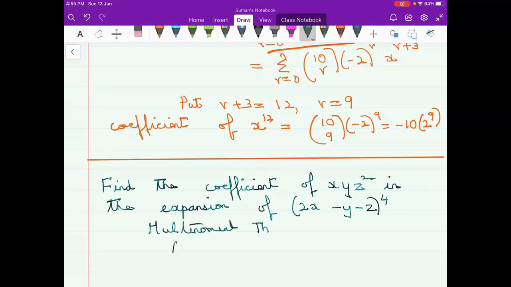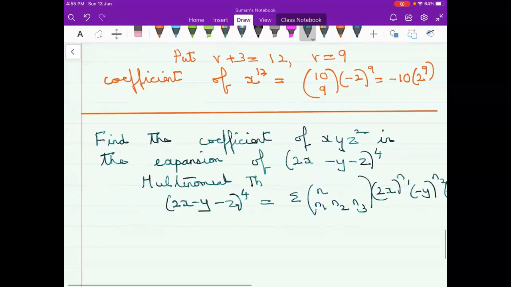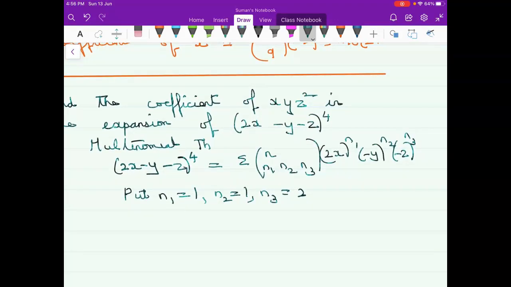when I use multinomial theorem, 2x minus y minus z raised to 4, you can write it as summation nc n1, n2, n3. There are 3 terms here. I get 2x raised to n1, then I have minus y raised to n2 and minus z raised to n3. Now here I will put n1 as 1, n2 as 1 and n3 as 2. So when I would do that, what would you get here? Because you need to find the coefficient of x, y, z squared. So n1 is 1, n2